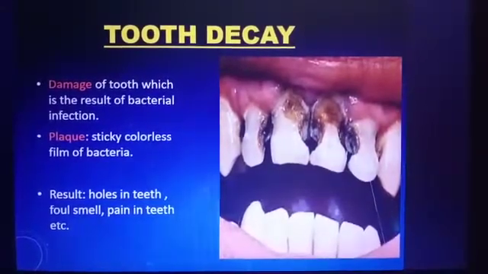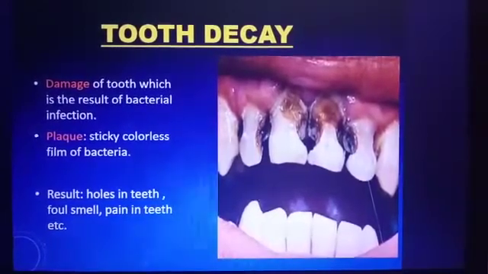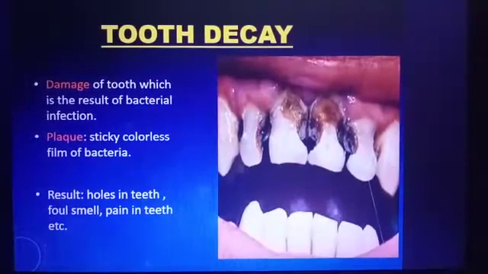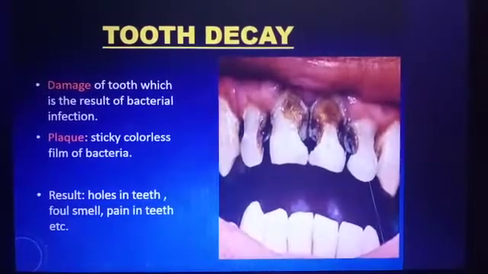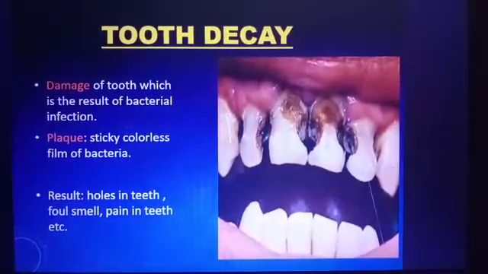This is the result of not taking care of our teeth. A yellow colored layer is present in our mouth, which is the result of our carelessness. That yellow layer is known as plaque, and it starts the damage of our teeth. It is quite visible in the picture.